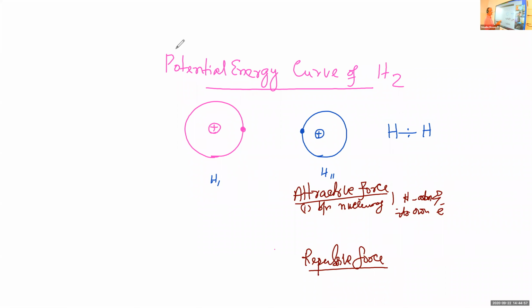The first one is attraction between the nucleus of one hydrogen atom and its own electron. For example, attraction between the nucleus of H1 and its electron. Similarly, attraction between the nucleus of a second hydrogen and its own electron. That is very natural. The second attractive force is between the nucleus of one hydrogen atom,